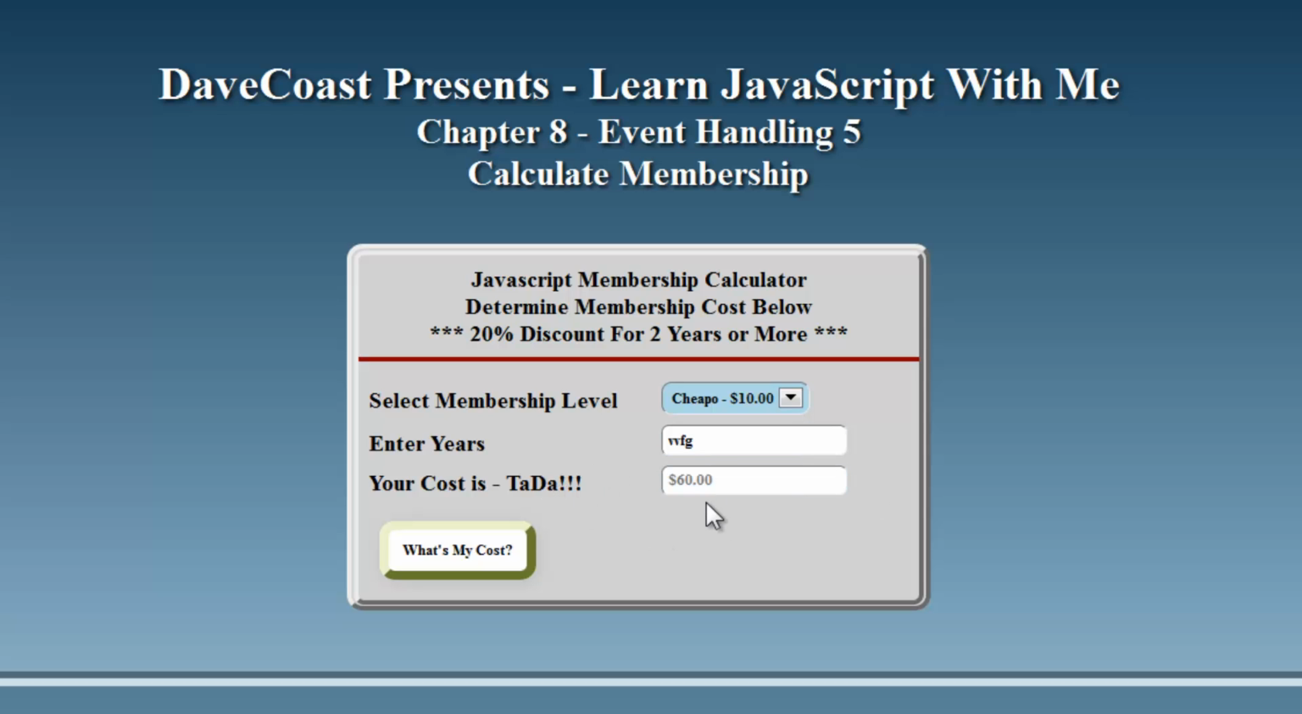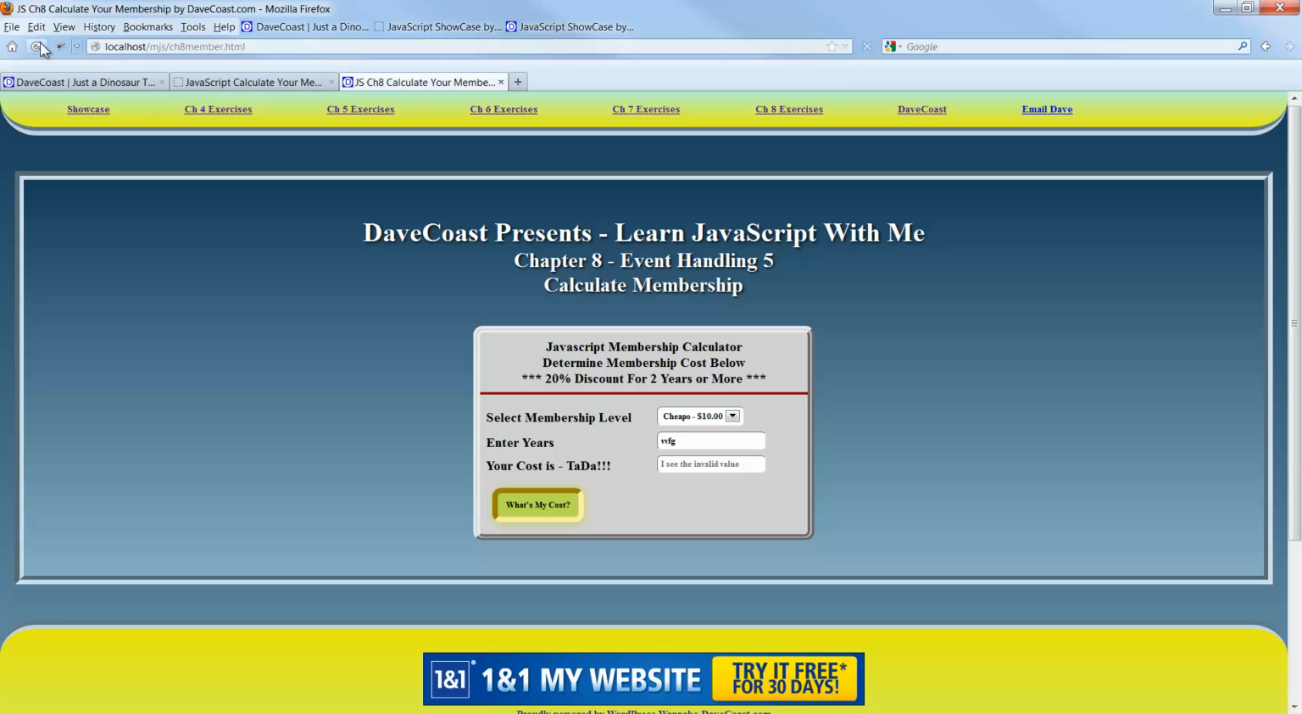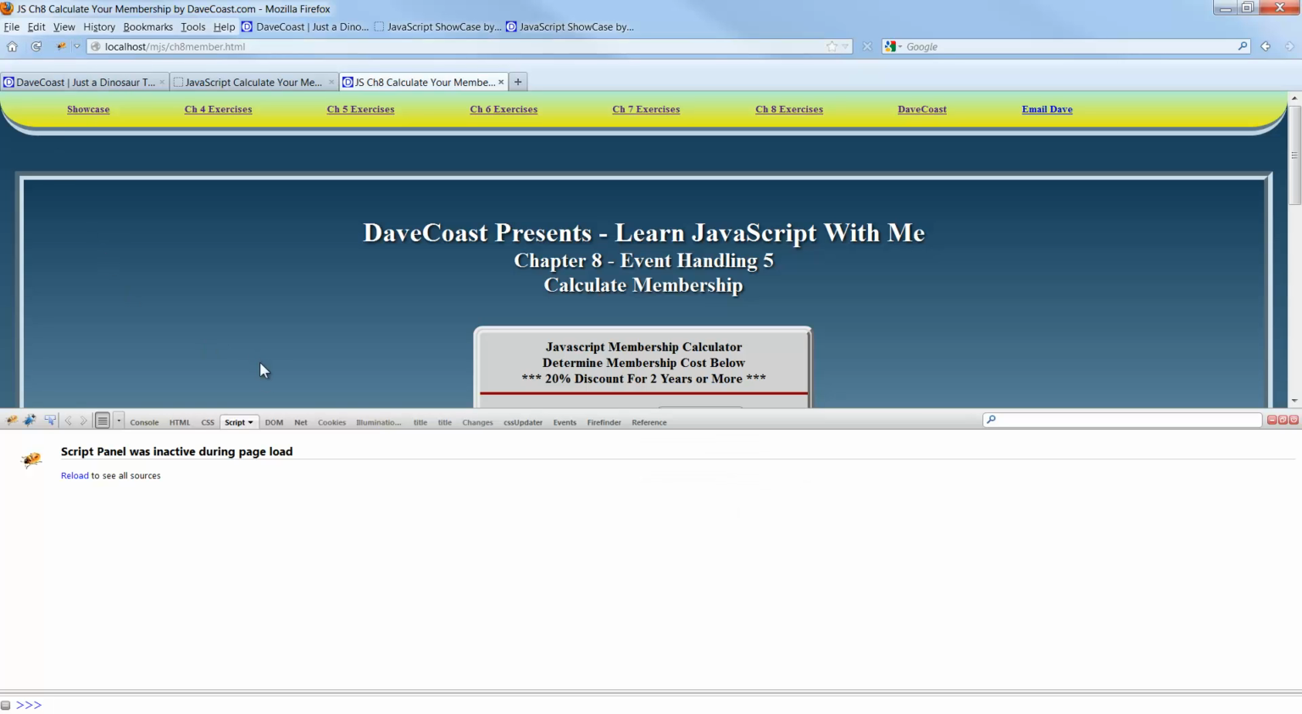It still shows the 60 that it had before, but now when I press the button and do the submit, I get the error message, right? And that's to prevent it from erroring out from the beginning, even though we default to a value of 1 there. So let's turn on Firebug,